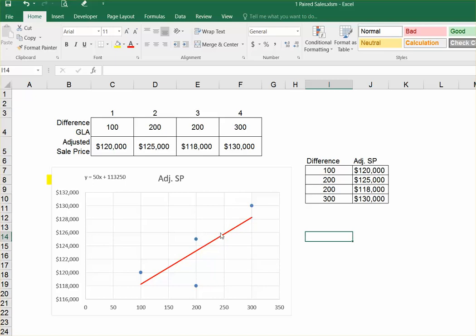And you saw there were two ways to get it. Now the 100, these are the adjusted sales prices if these were four comparables. The 100 is how much this comp was different in gross living area from the subject. There was 100 square feet difference, and these would be absolute differences. There was 200 feet difference here, 200 feet here, and 300 feet here. So that's how we